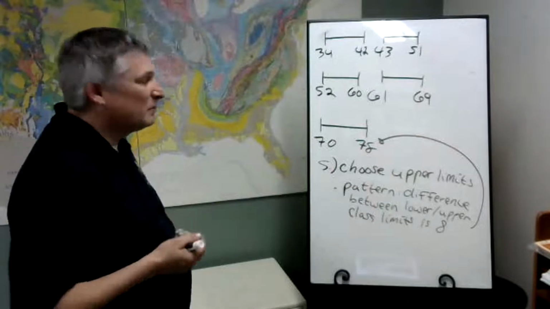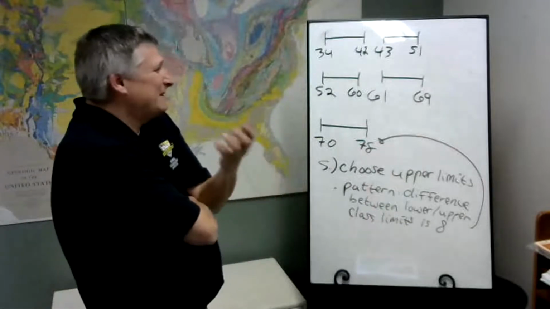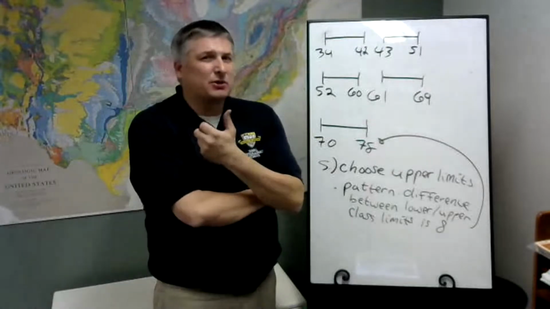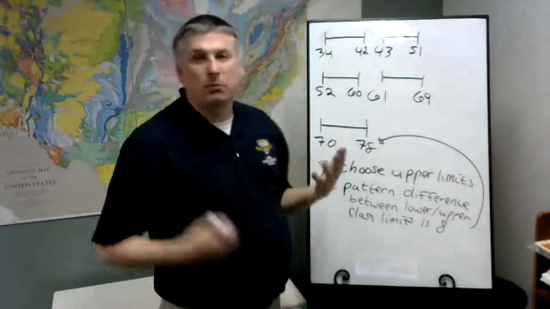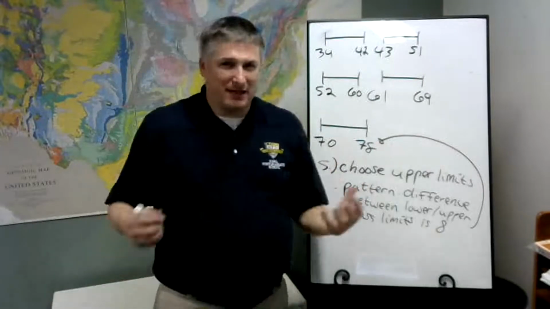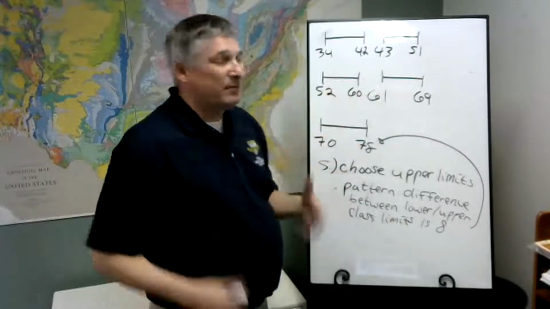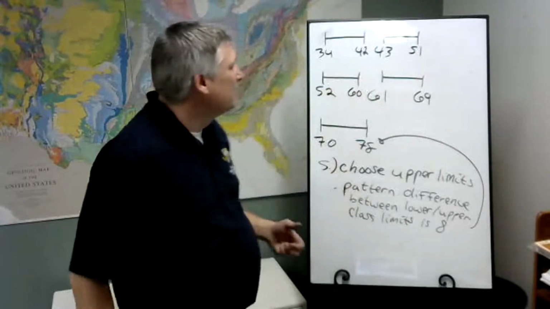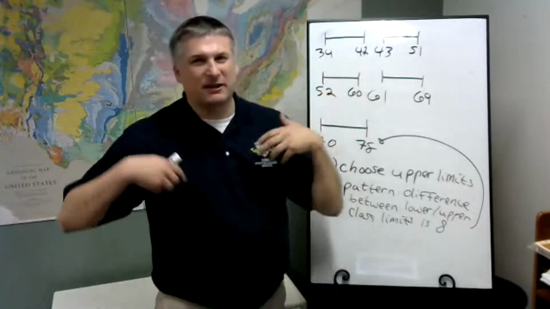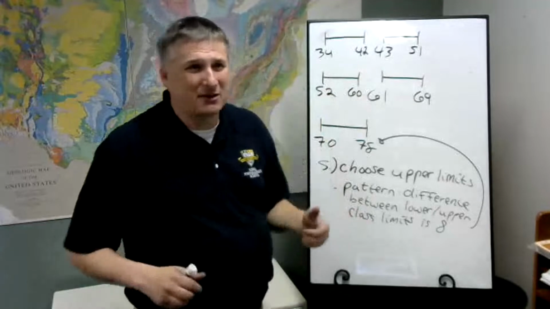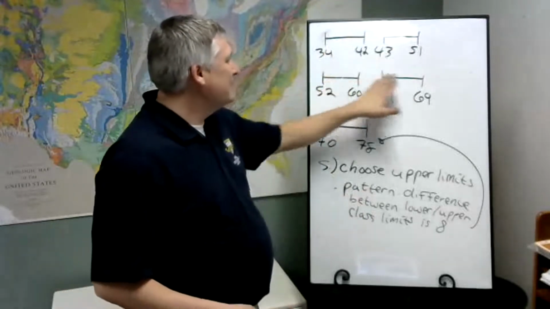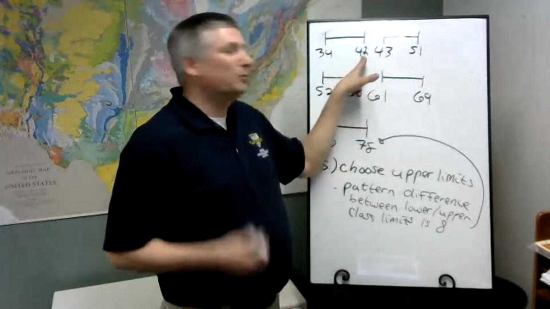So, well, there you go. We chose some upper limits. And granted, it seems kind of arbitrary. One thing I did keep in mind when I chose these, like why wouldn't I use 42.9? The one thing I knew was that my actual data, even though these are intervals, my actual data are whole numbers. And the way I've chosen these upper boundaries, since I don't have anything like a 42.5 as part of my data or a 42.3, I have the data landing in these classes if I just use whole number